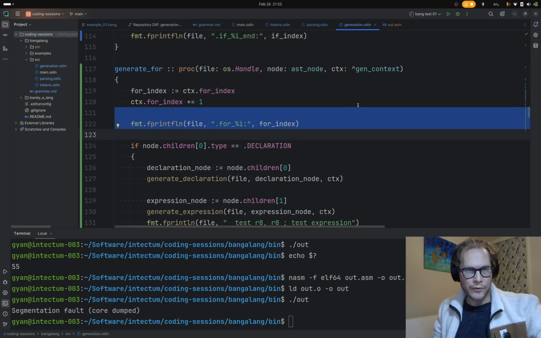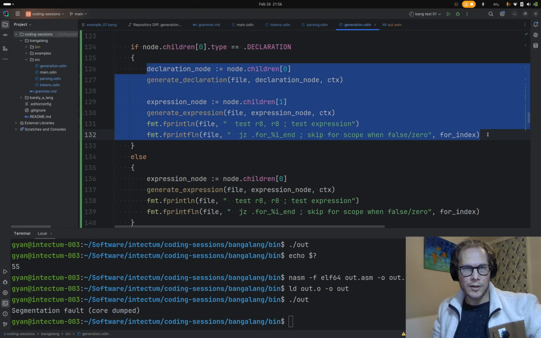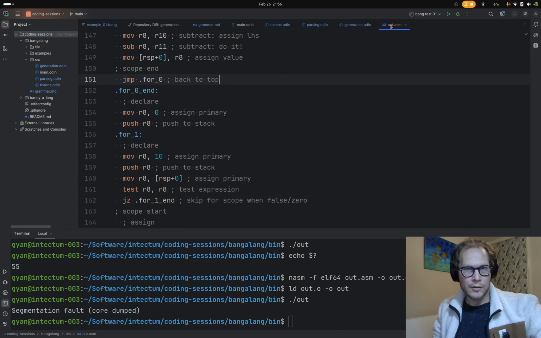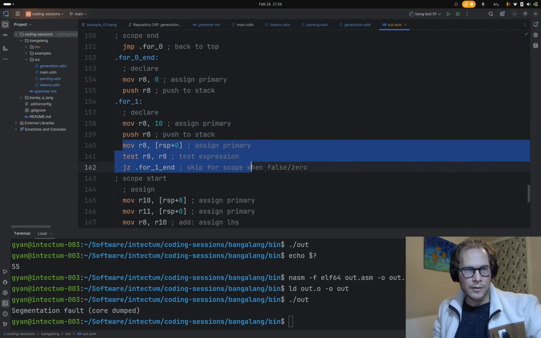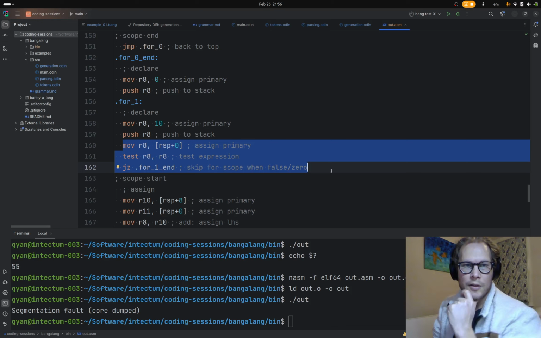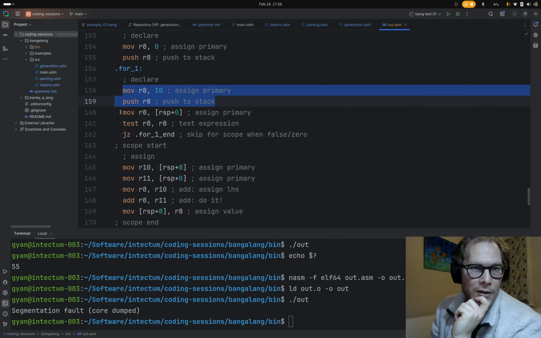No, 4.1 is the first thing. Then we should have a declaration and expression. 4.1 declare. This is our expression. We should probably have a comment in here to separate those two, but that's all right. I mean, that's right. It's a declare and then,